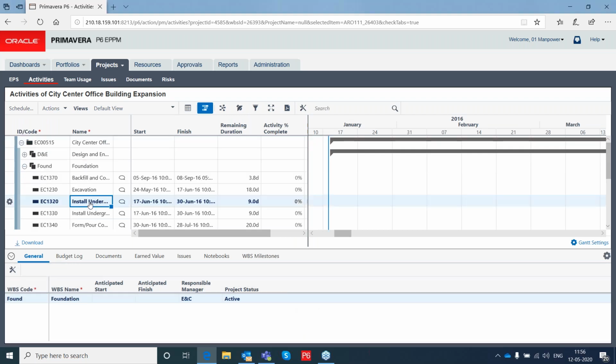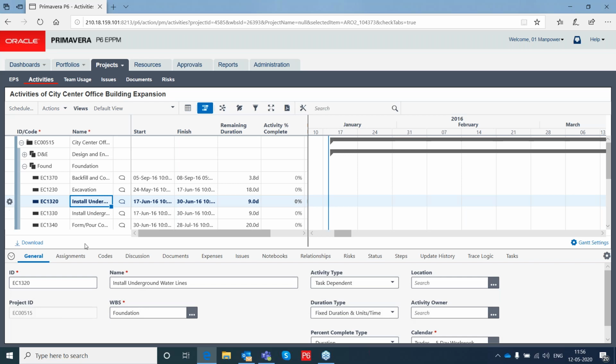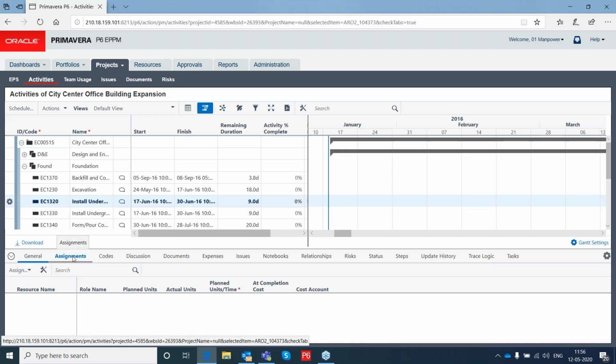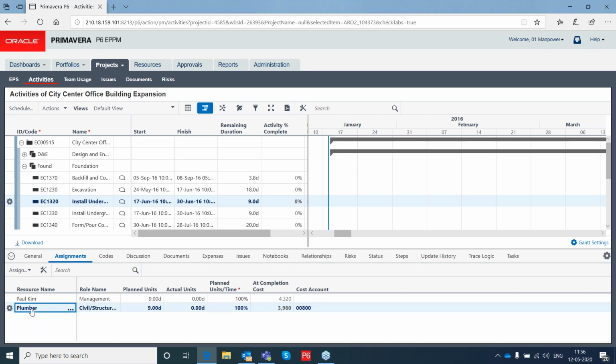Let's say I'll take this activity. In the assignments, you can see here this plumber, whatever money I'm going to spend on that plumber, that will be accounted under this cost account code. Right? Same way, I also have expenses.